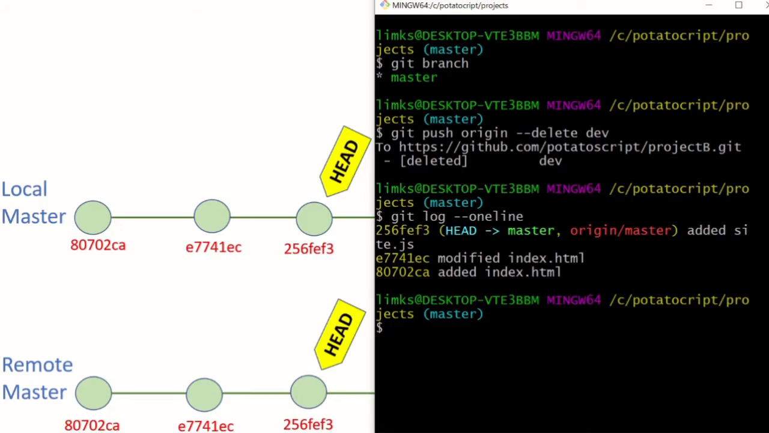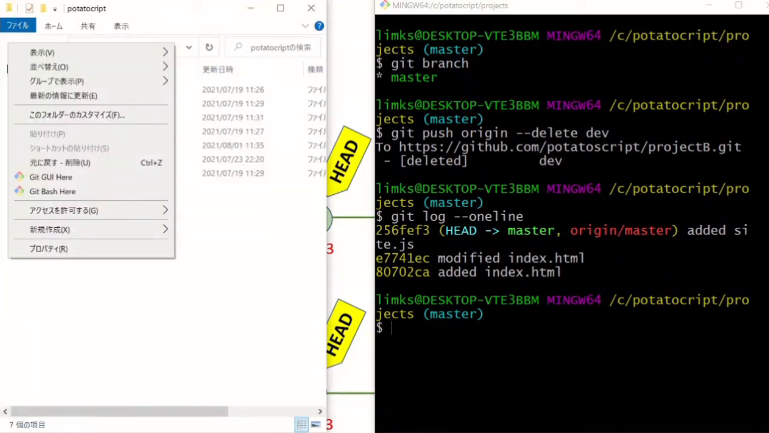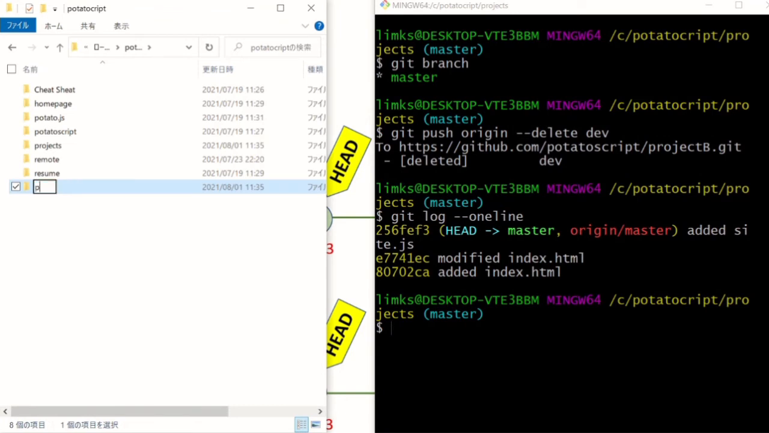So in the final diagram, it will look like this. You have merged the changes in the develop branch into the master branch in the local repository and the remote repository. So next time, for example, another member opens a new project file called project C,